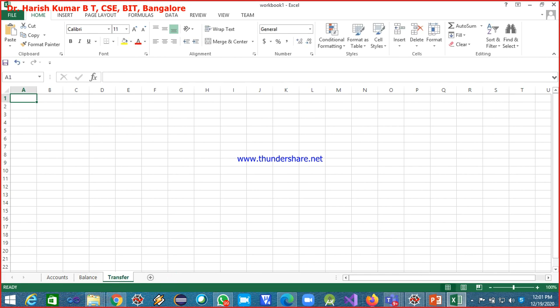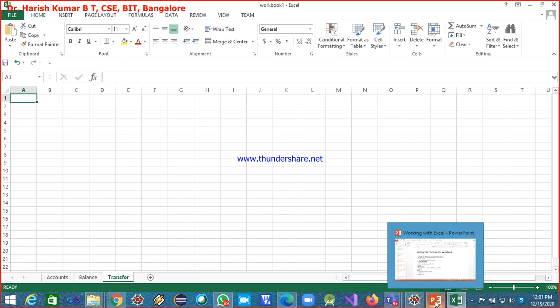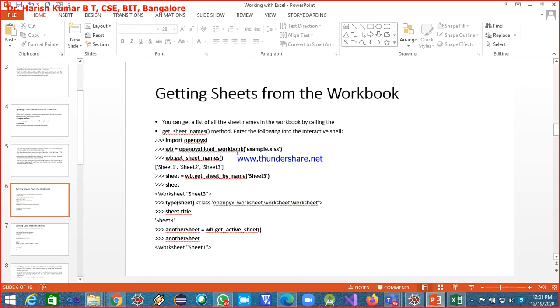How do I access these sheets? First you have to open or connect to the workbook, and then to get all the sheets which are there in your workbook, there is a method called get_sheet_names, and all these methods you can easily remember.